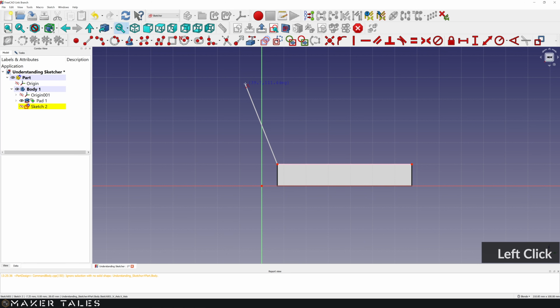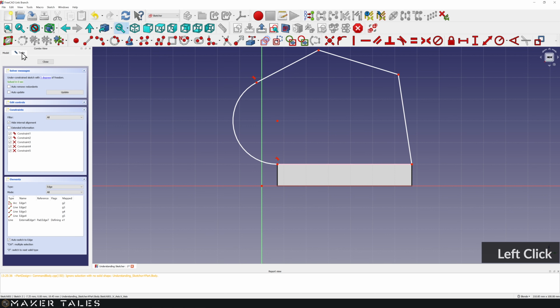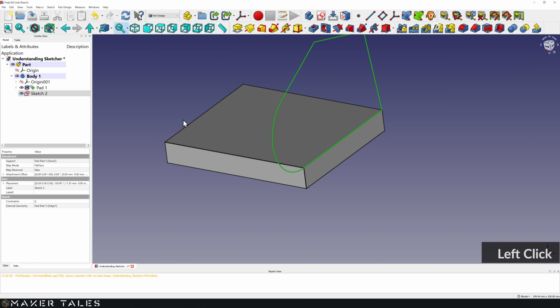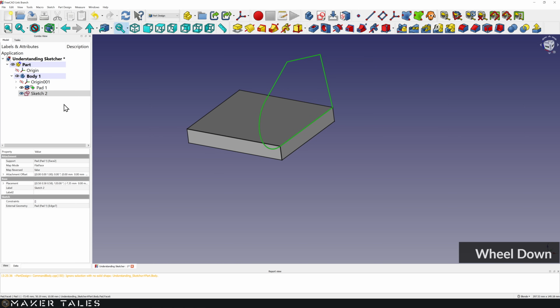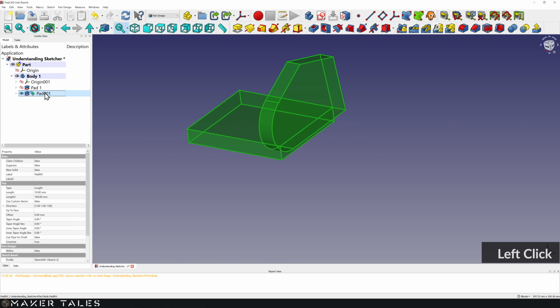multi-polyline, multifunctional tool here to create something crazy to go and just pad this out later on. So we'll do that, and brilliant, we have a closed shape. We'll go back to our part design workbench by closing the task, and let's pad this sketch 2 out. We'll pad it out, hit OK, and I will rename this pad right here.